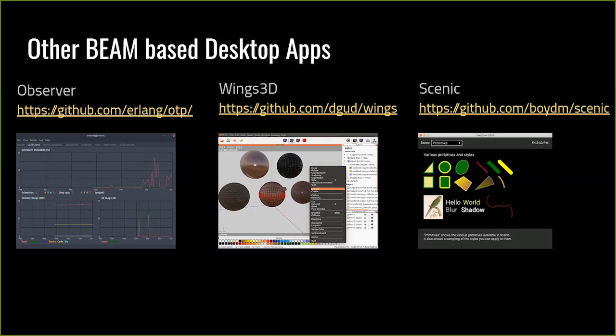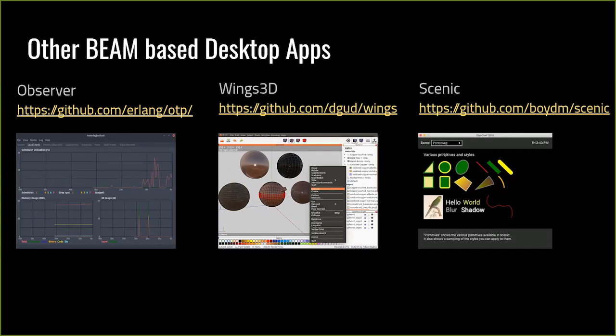He has done that, and you can check out the code. He has done all the things to actually get to the final installers, including code signatures. So we're going to talk about that a bit. And that's what convinced me this path can actually work. And so we got down this path with desktops. And then last but not least, there's Scenic, from these pictures from 2018, introduced by Björn.